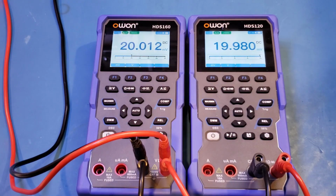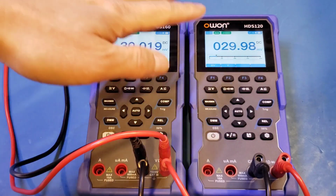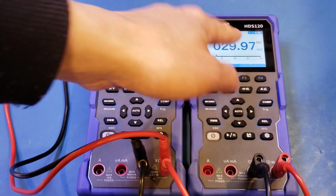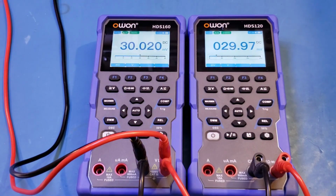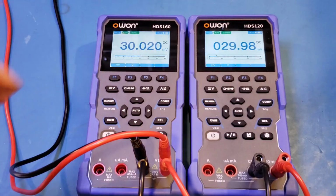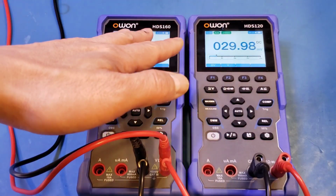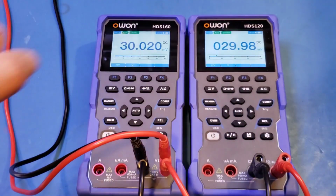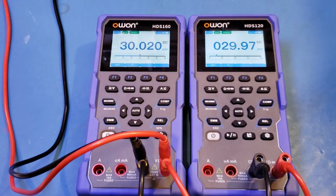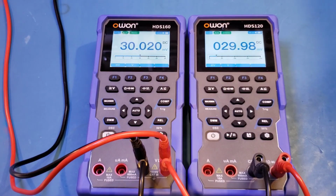20, 30, and as you can see here, because the HDS120 is a 20,000 counts meter, now we actually lost 1 significant digit. So this is where you can see the benefits of a higher counts meter. On this HDS160, you can see we still have 1 microvolt resolution, whereas the HDS120, you can see now we only have 10 microvolts resolution because we're in the 200 millivolts range already. All right, let's continue increasing the voltage. 40 millivolts, 50,